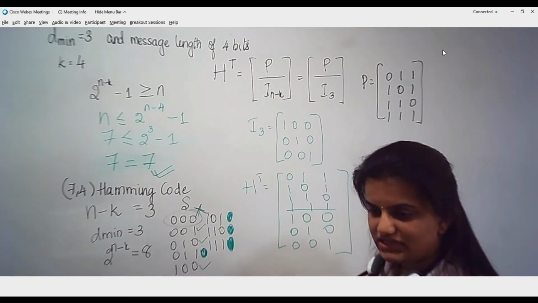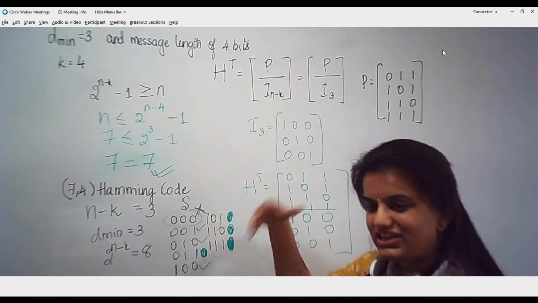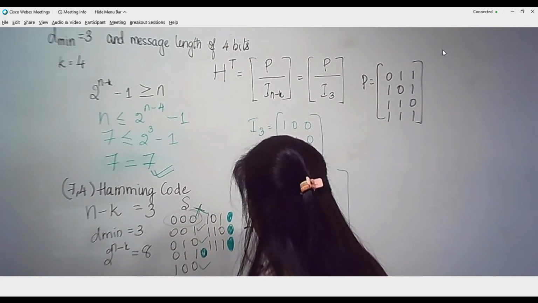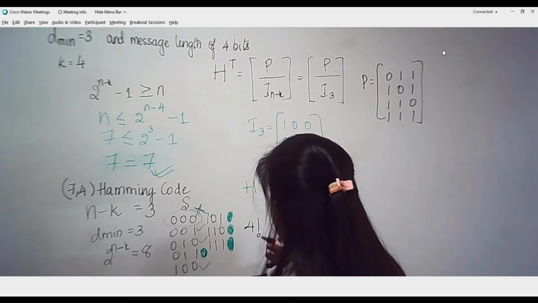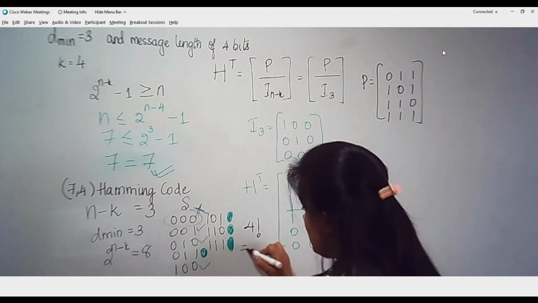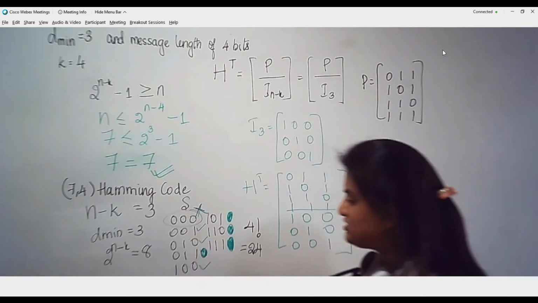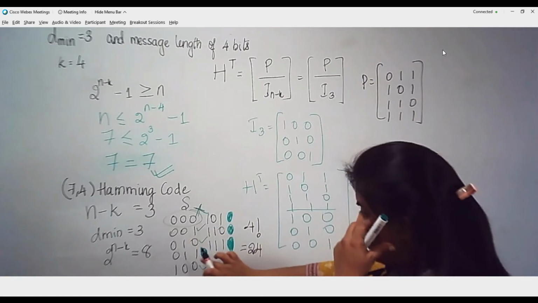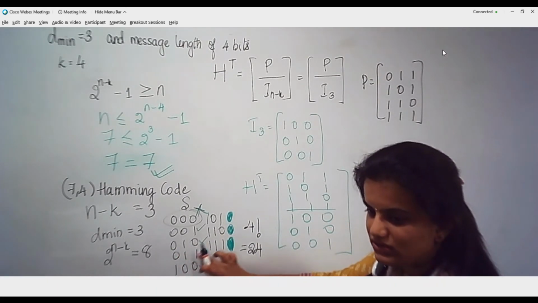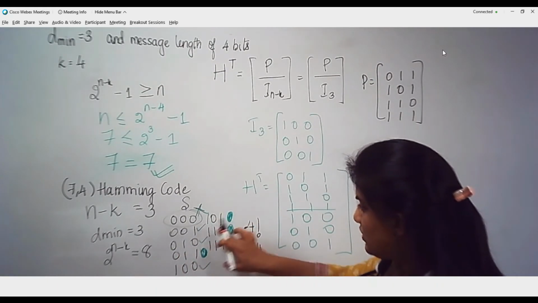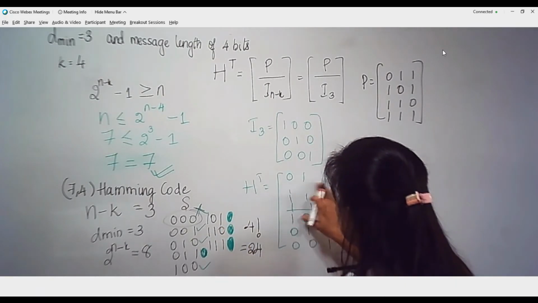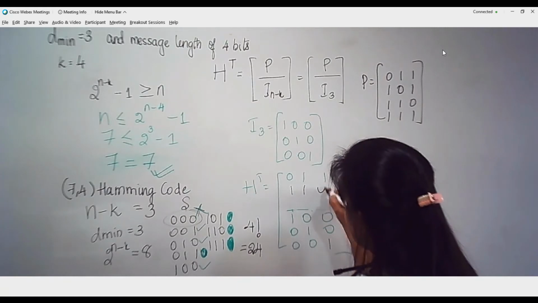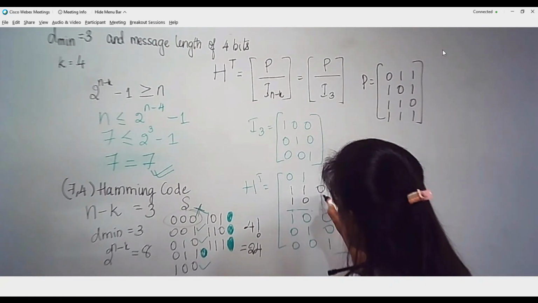Okay, so observe here, four combinations are there. You can arrange these four in any way that you want. The number of possible combinations is 4 factorial, that means 24 combinations are possible to arrange these 4 vectors. Let's suppose I have taken a very simple one, that is 0, 1, 1, 1, 0, 1, 1, 1, 0 in the order I have taken. Let us assume that I put the first row first, then the third row, then the second row, then the last row.